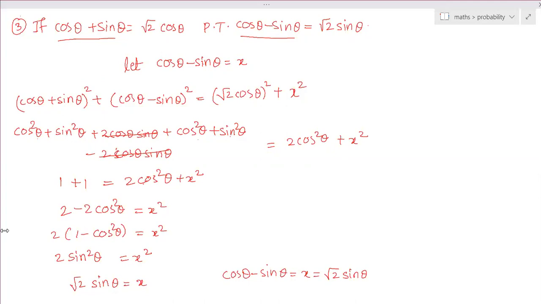Because it depends on the teachers. The board doesn't have a problem, but sometimes teachers won't consider this method. Some of the teachers, not all. This is what RS Agarwal has given. In the older RS Agarwal, this was the method. Ma'am, but we can use the first method in the board exam, right? Yes, you can.